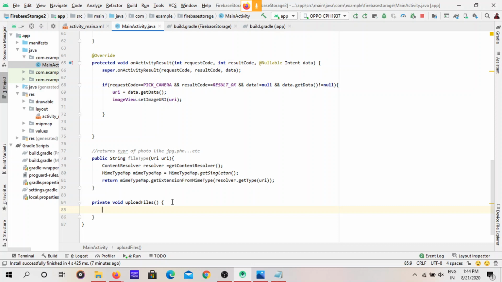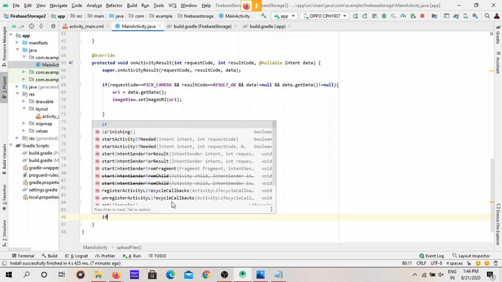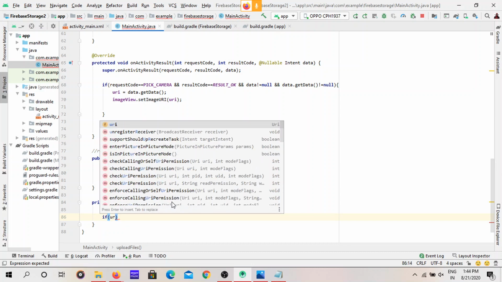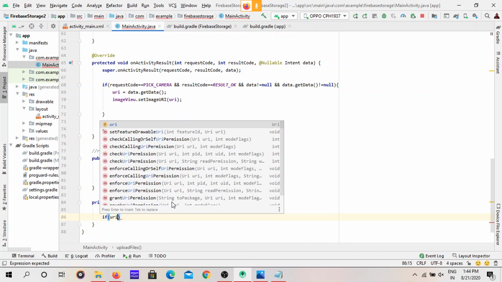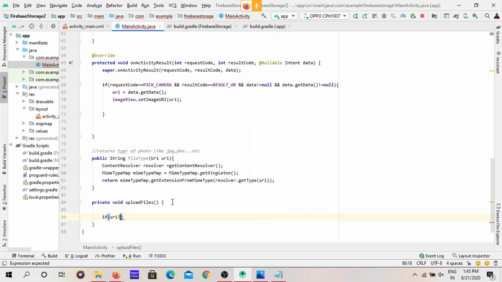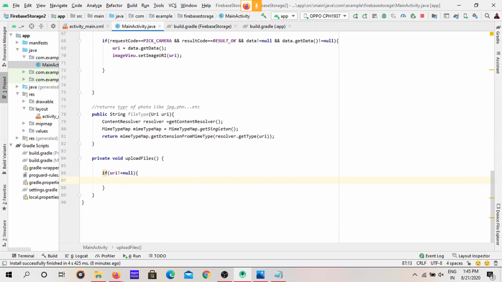Now, while doing the upload action, we just want the photo data, where we are storing that photo data in the URI. Now we have to check that URI. If it is null, we have to restrict the user, saying you have to give some data. Without that data we can't upload. So for that, just create an if statement. If URI is not equal to null only, we have to upload that file.